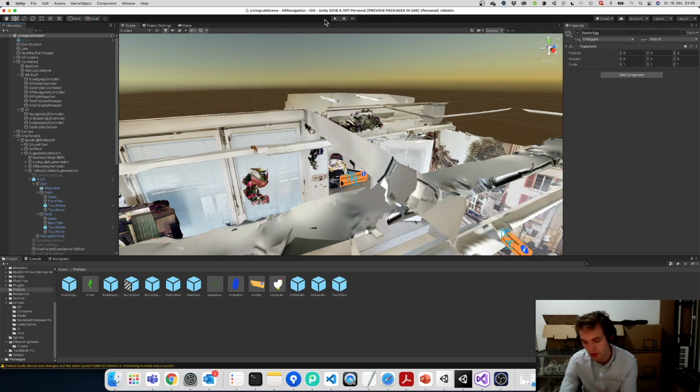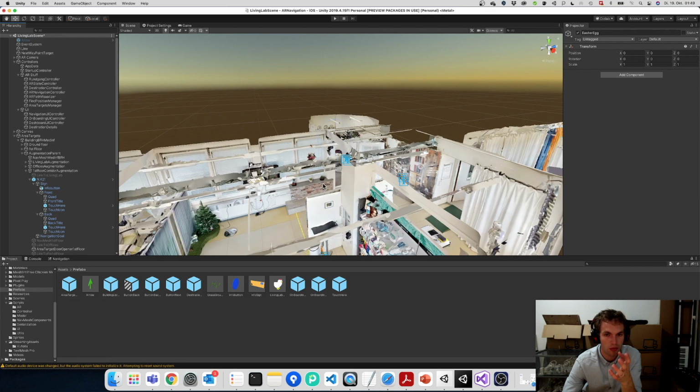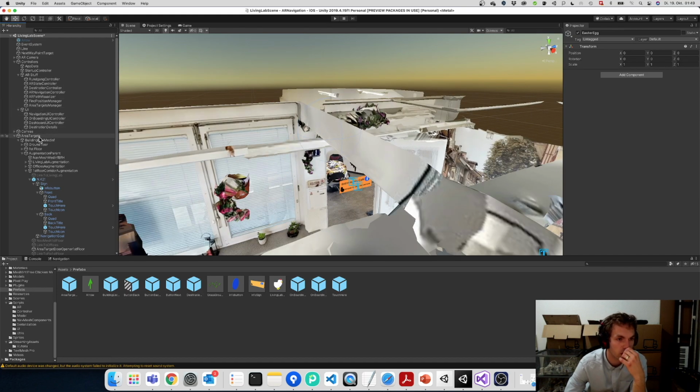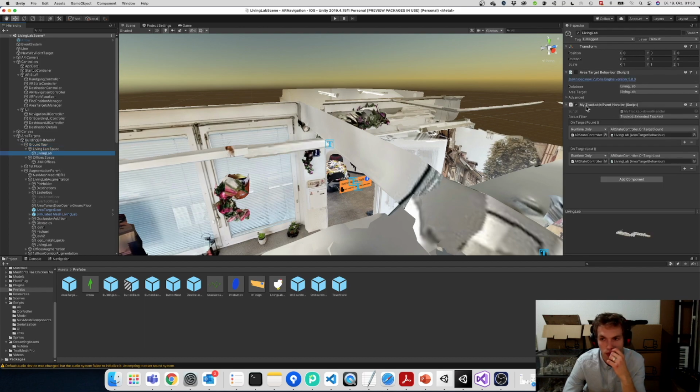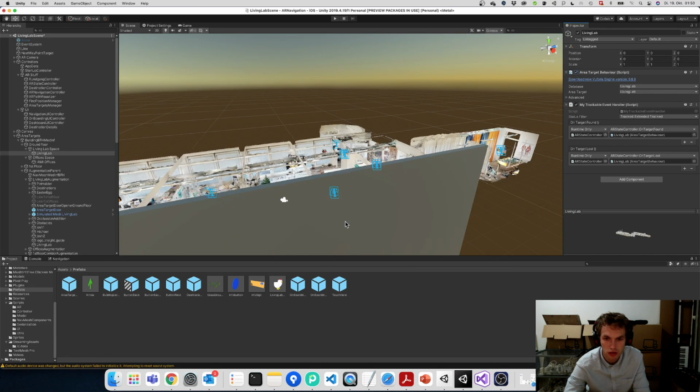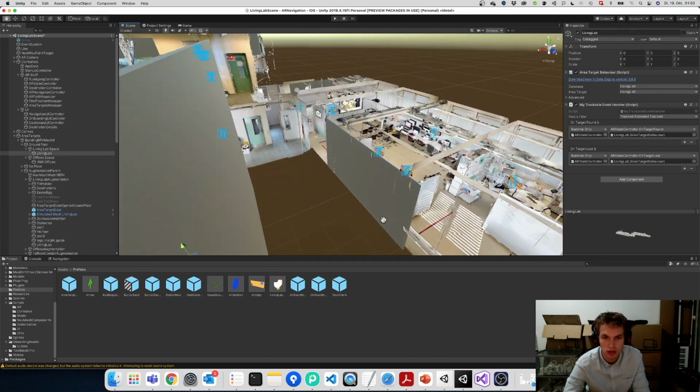When you start off with the Area Target project, you can just start with the scene. In our scene, we have to activate the correct area target. Where is it? Here, ground floor, living lab. Oh, it's already, oh no, it's not there. Activated. So, and we found a bug in the area target behavior script, that when you have multiple,